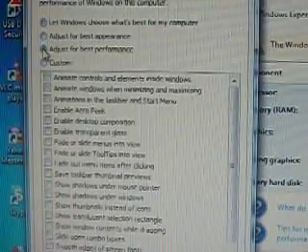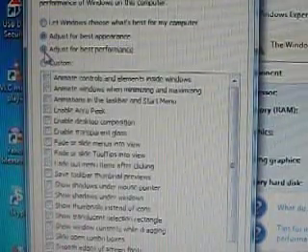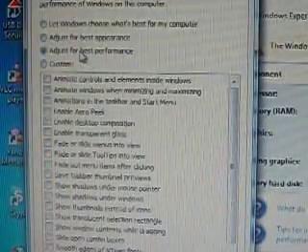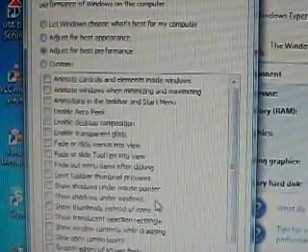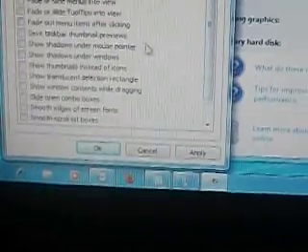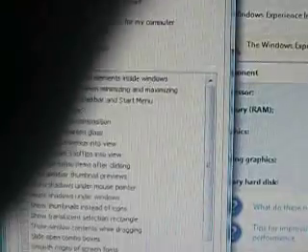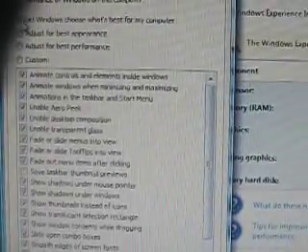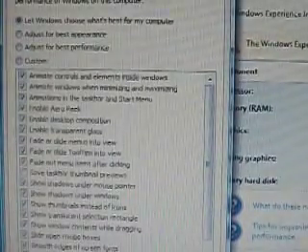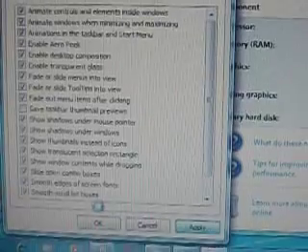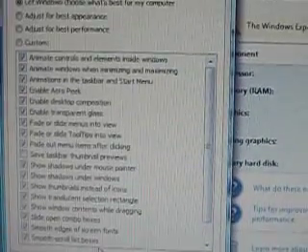You can choose Adjust for Best Performance, and apply. Apply. Wait for loading and okay.